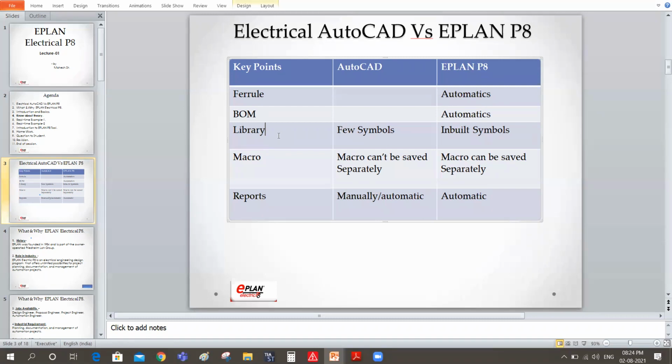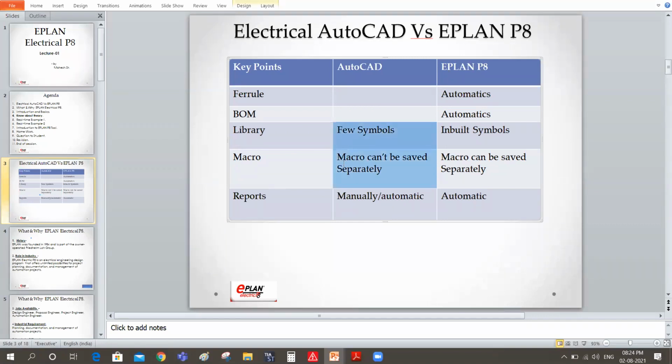If you take a symbol from the IEC library, you can see that the symbol wiring flow will be from the top to the bottom. If you take a symbol from the NFPA library, the wiring flow will be from left to the right. Those who have used AutoCAD are aware of that drawing fashion or schematic fashion.